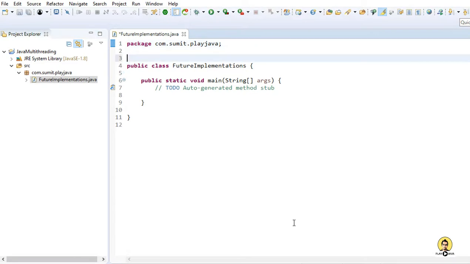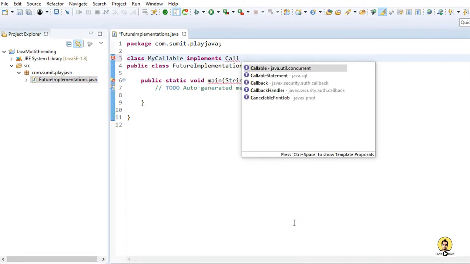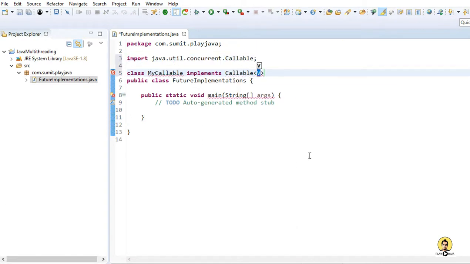Inside this I am going to create a callable object. For that I am going to create a class, MyCallable, which will implement the Callable interface. I provided the difference in the earlier tutorial. It has a call method which has a return type, whereas Runnable has void as a return type, and its method is run.